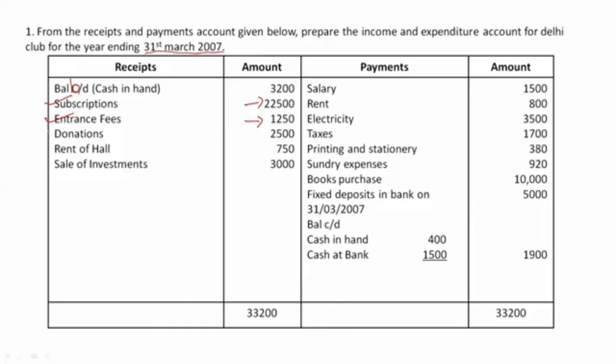Next we have donations. Again, donations are common. They are one of the main sources of income for an NPO. In certain cases they will particularly mention that donations were received for a building, or for some specific item. In that case we treat it as capital income, because donations for buildings we won't receive every day, very often. But usually donations or charities we will be receiving. That is the main source of income for an NPO.